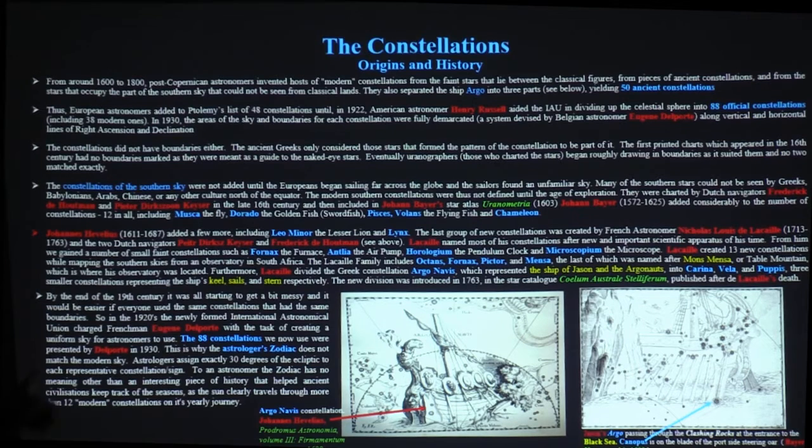Anyway, the other interesting thing is, Lacaille divided the Greek constellation Argo Navis into three parts. The ship of Jason and the Argonauts, that is, into Carina, Vela and Puppis. Carina being the keel, Vela the sail, and Puppis the deck. When we say the keel, we actually mean the whole body of the ship. So it was chopped up into three bits, and it remained that way. It still does today. The story of that is so interesting, and he published that in his Coelum Australe Stelliferum, his starry southern sky, that literally means in Latin. And it was published after his death.